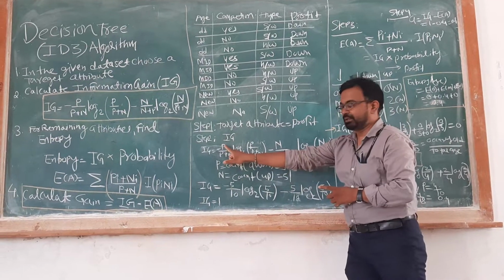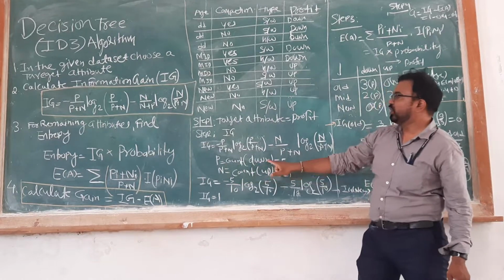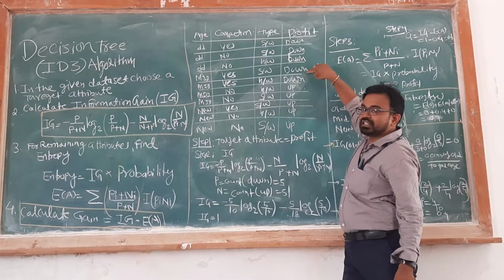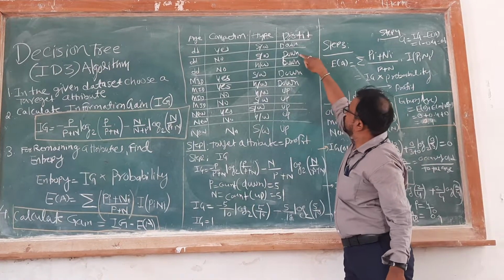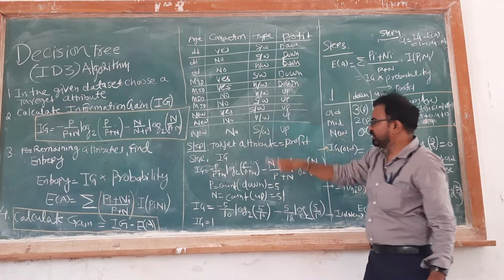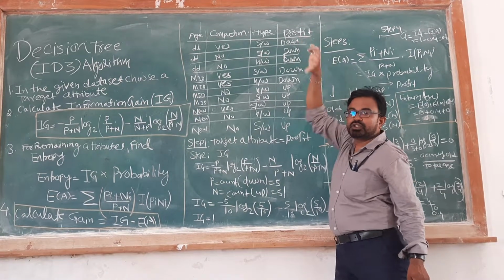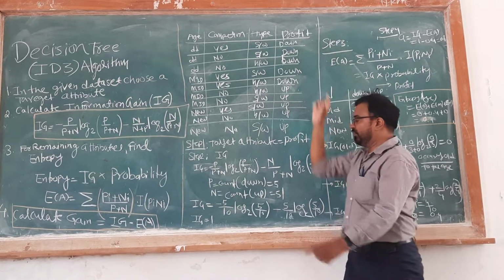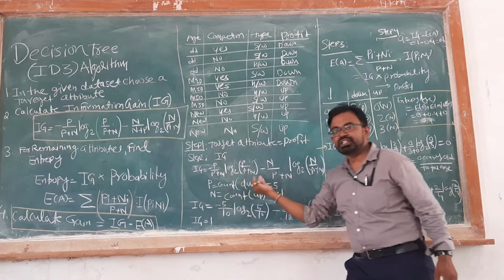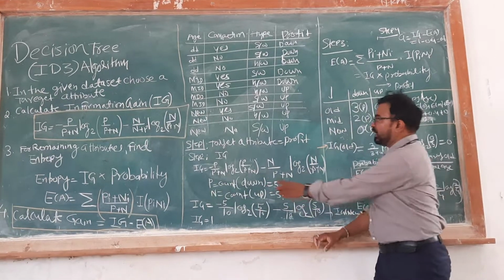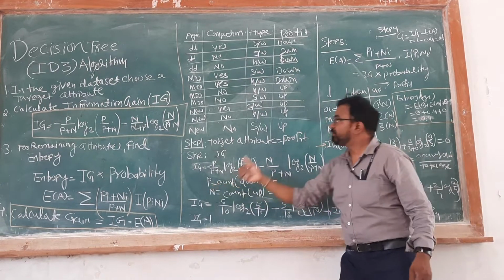So what is p here and what is n here? P is the count of downfall. How many downfalls are there in the companies? You can see how many downfalls there are: 1, 2, 3, 4, 5. While looking toward the target, you have to see how many downs are there. We are assuming p is the number of downfalls in the company in the database: 1, 2, 3, 4, 5. So the p count will be 5.